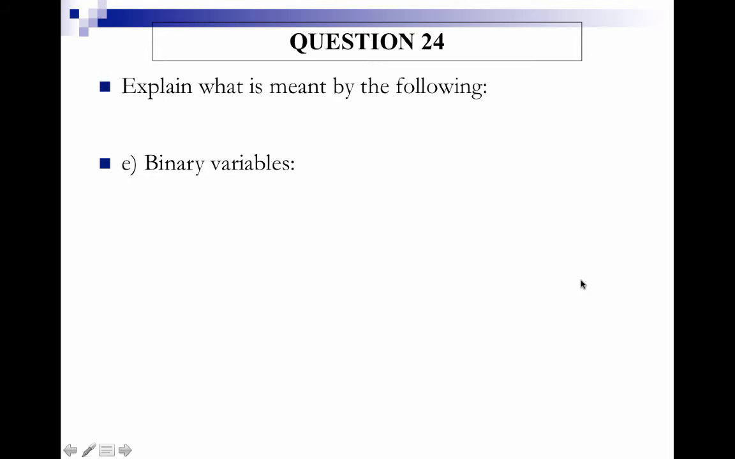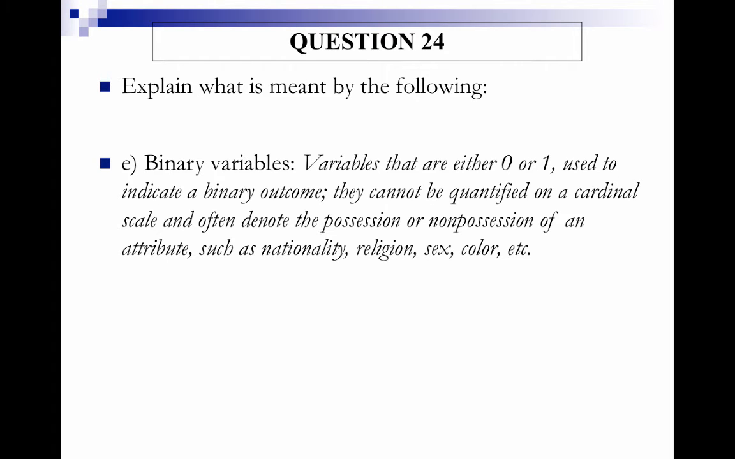Binary variables are also called dummy variables or dichotomous variables or toggle variables. They're variables that take on values of either 0 or 1, where 1 represents the presence of an attribute and 0 represents the absence of an attribute. They are qualitative variables, so they cannot be quantified on a cardinal scale. And so if we want to hold factors such as gender, religion, nationality, race constant, we would use dummy variables